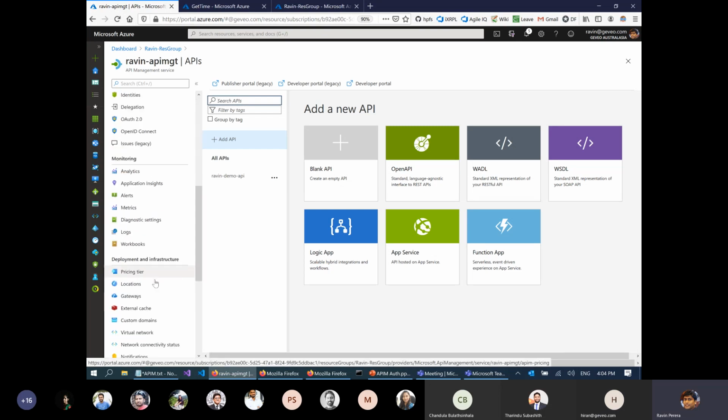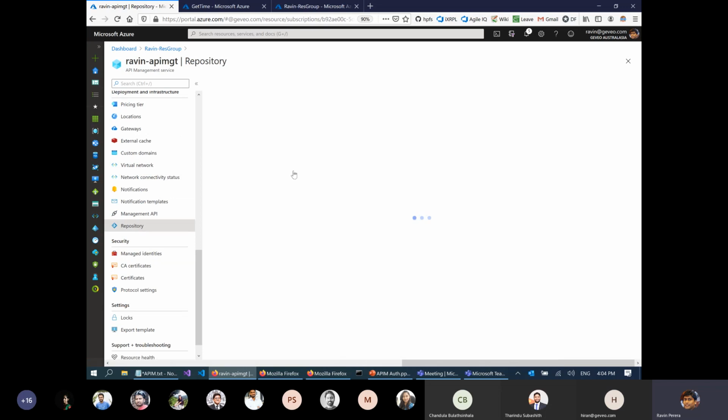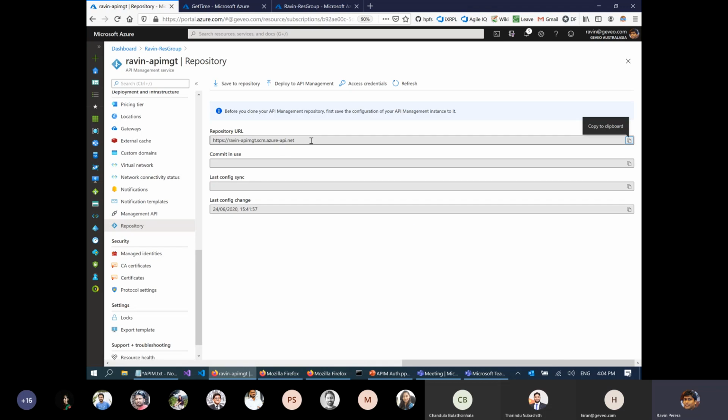One thing is, as I saw, it's using a separate Git repo. It's giving its own repo to you, and you have to do a commit to that repo. So I think probably you can integrate with your build or release pipeline to make a Git push or something. But the main point is you can automate it. It might not be as simple as what we currently do in our pipelines, but I'm sure you can automate it if you learn how it works. They have introduced it so that people can automate it.